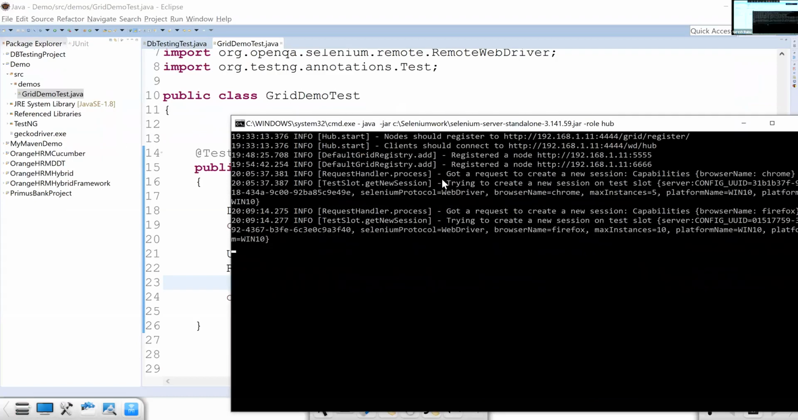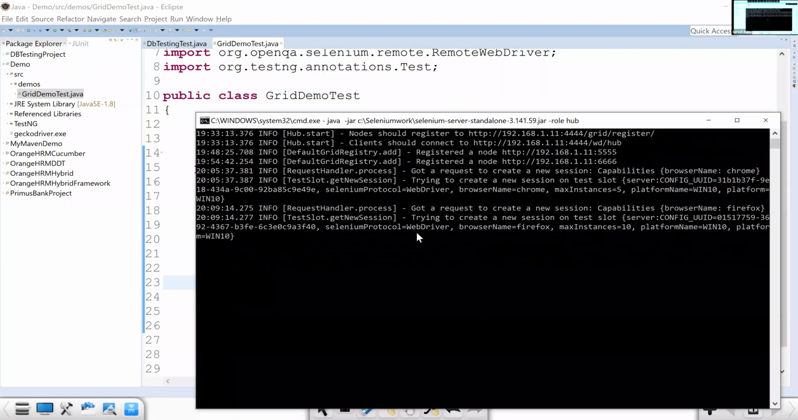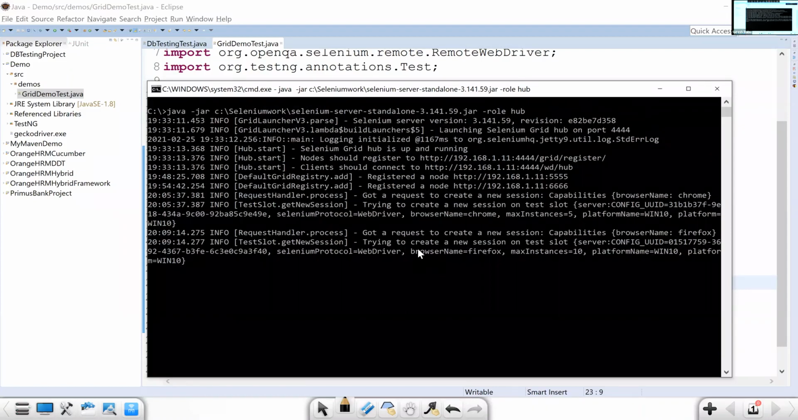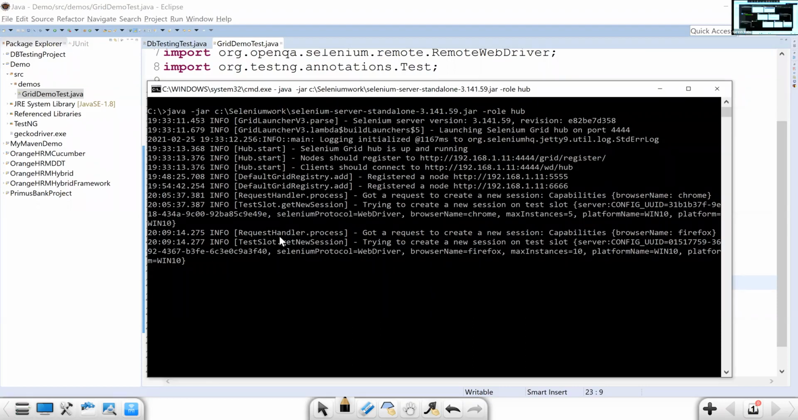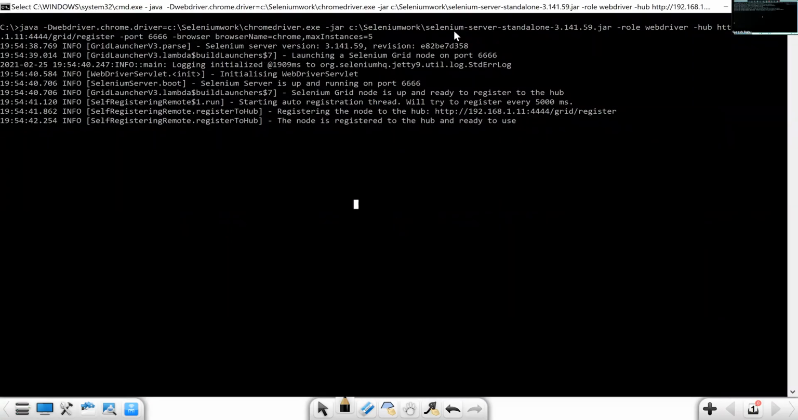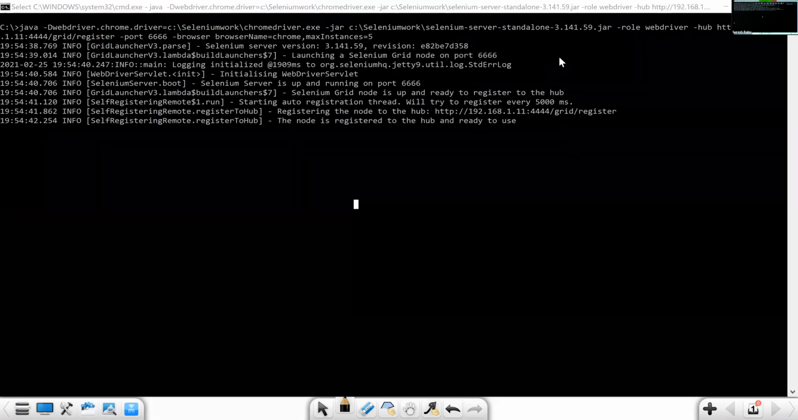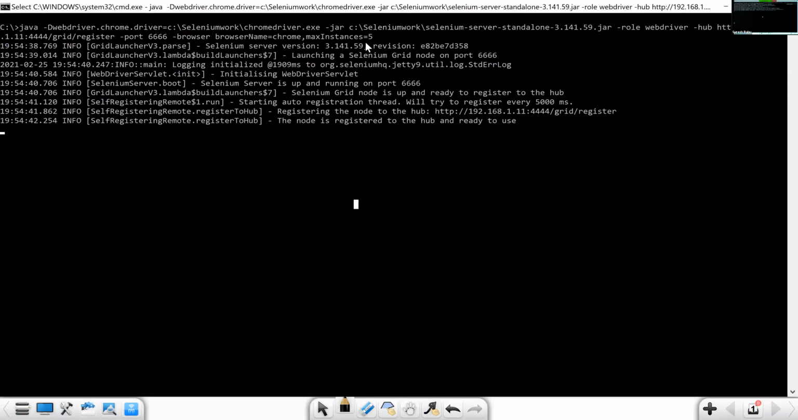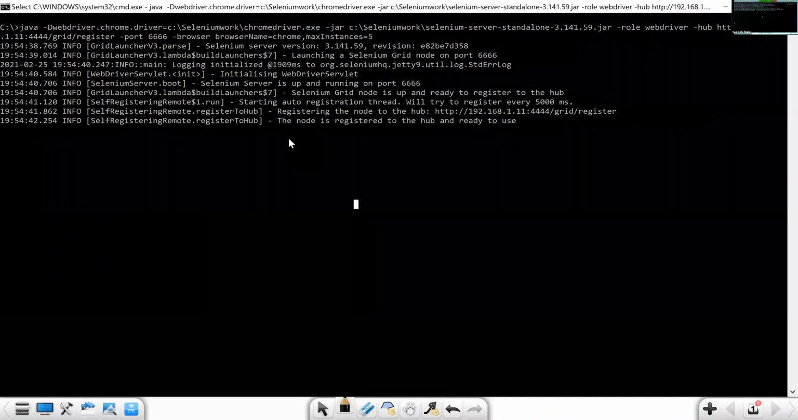Okay. Just, I'll do one thing, friends. I will disconnect the hub and nodes. I'll recreate them. Let me try. I'll go to the command prompt. What is this node machine? This node machine is a Chrome browser node. When you press Control and C together,